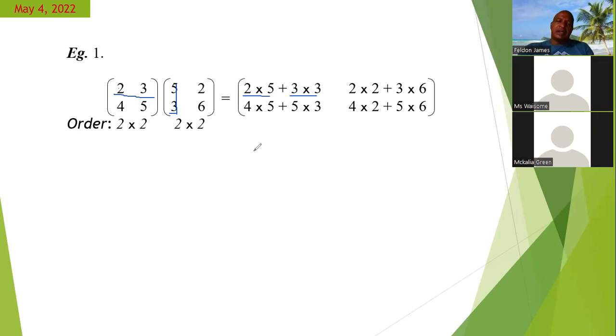All right, so let me do one more. Now, if we are going to multiply the first row by the second column, we're doing it in the same way. We take the first element, 2 times 2. So we get this, 2 times 2. Then we add, then we take 3 times 6. So we get